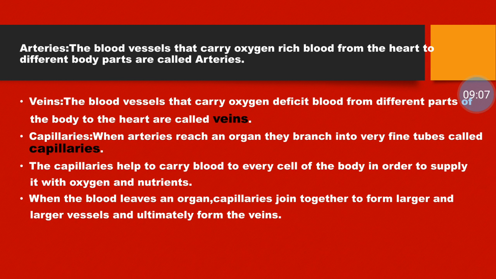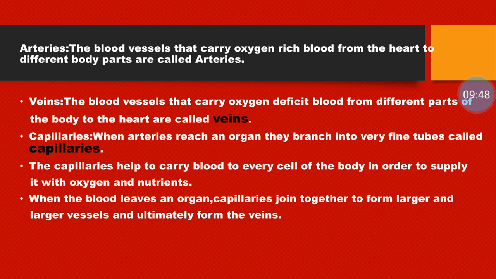So now we will discuss the types of blood vessels. Moving on to the first one, we have got the arteries. As I already told you, arteries are in red color, isn't it? The function of the arteries is to carry the blood from the heart to different body parts. So almost all arteries carry blood with a lot of oxygen in it. So these arteries will carry the blood which is rich in oxygen from the heart to different parts of the body.